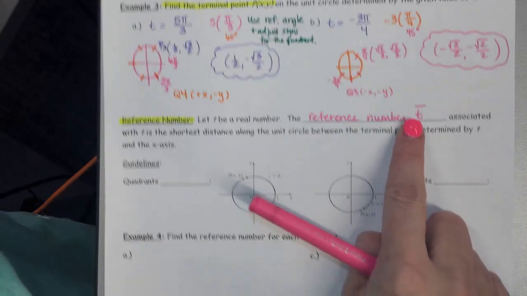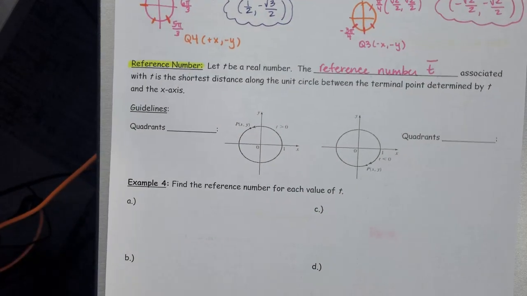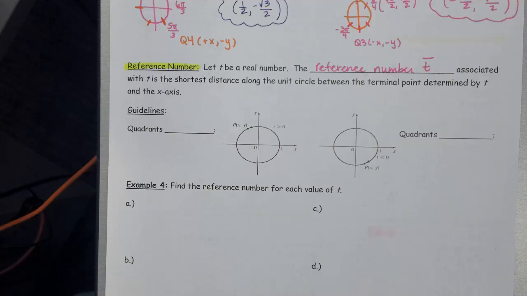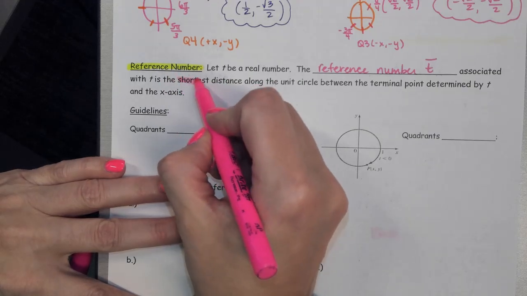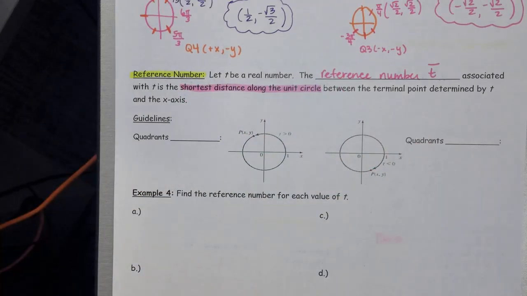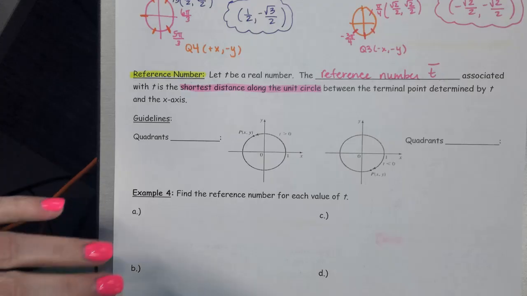It's your t with your line above it. Okay, that's associated with t. That is the shortest distance along the unit circle between the terminal point and